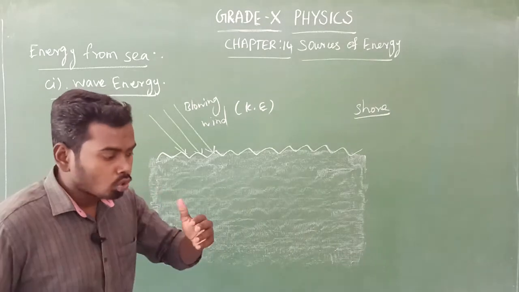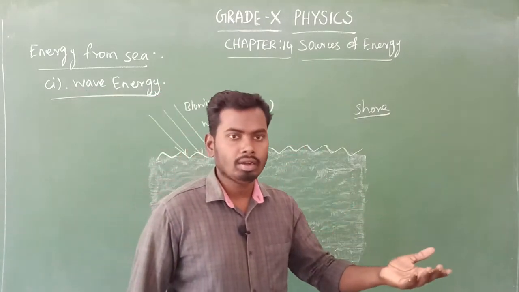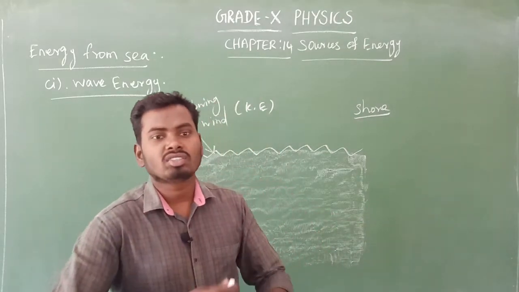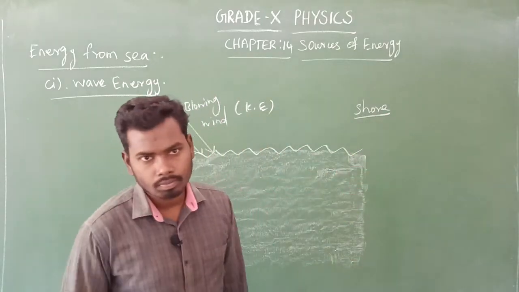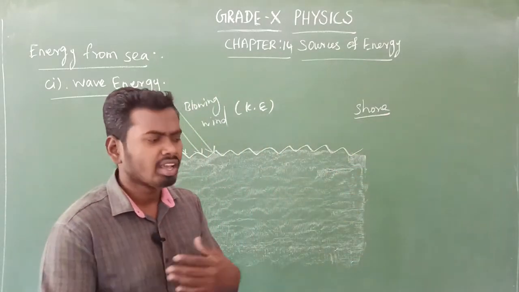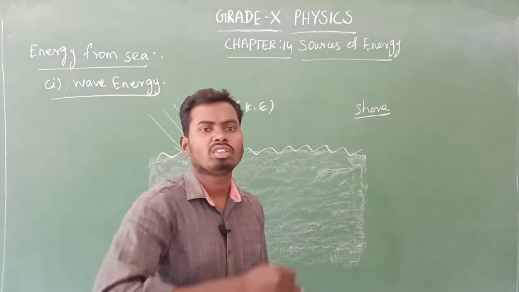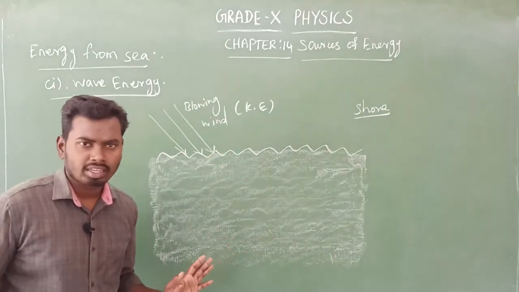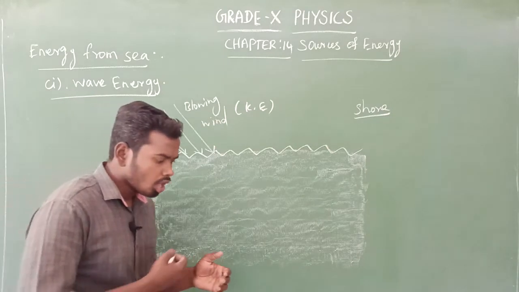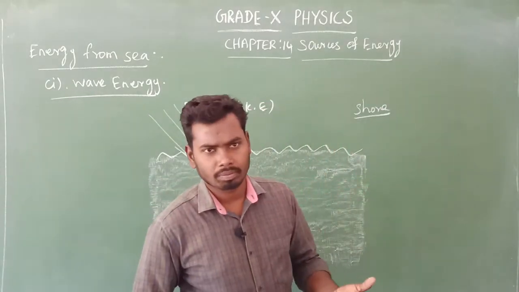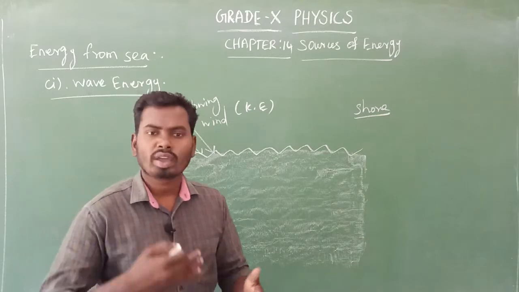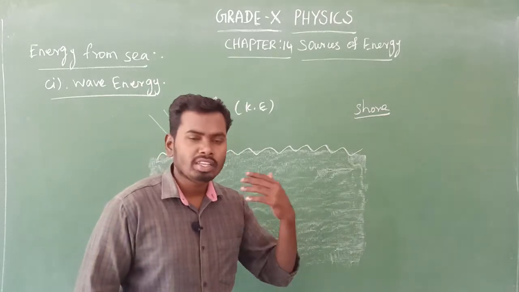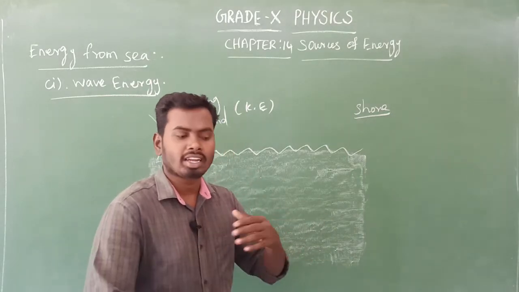Is it clear? Yes. So generally, waves are generated in the ocean or sea, and they get destroyed on the shore, because every second the waves hit the shore and get destroyed there. The formation of waves and their destruction on the shore is a continuous phenomenon. Every second, every minute, it happens again and again.